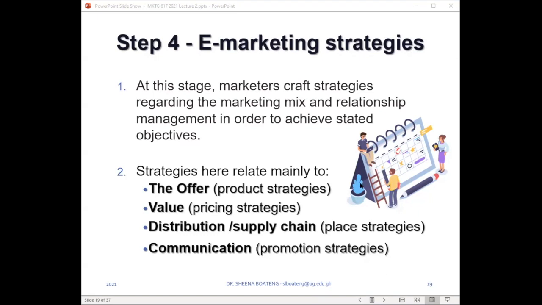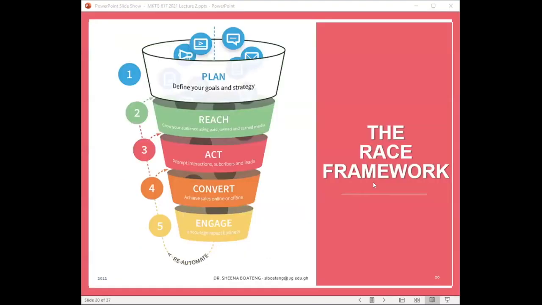So our e-marketing strategy must revolve not only around our marketing mix, but it should also revolve around relationship management practices. Specifically, in terms of promoting ourselves online, we can talk about the RACE framework and how to use it to guide our e-marketing strategy formulation. Now we can see that the RACE framework is designed in the shape of a funnel, right? That trickles down from the e-marketing planning stage. So by the time we are done with our planning, we have done our situation analysis, we know what opportunities are available for us, we've decided which ones we're taking advantage of, and we've decided the market segments that we are going to focus on.